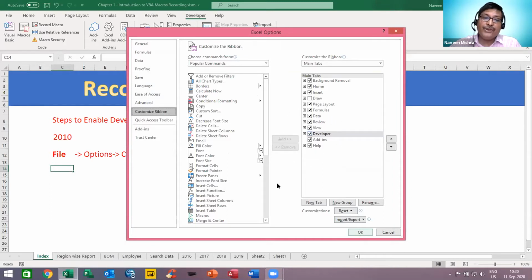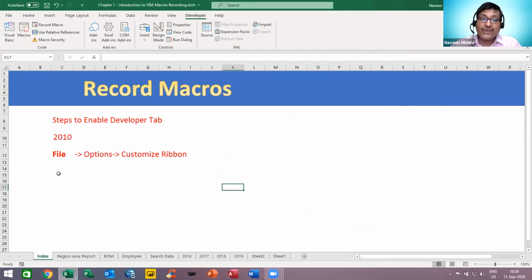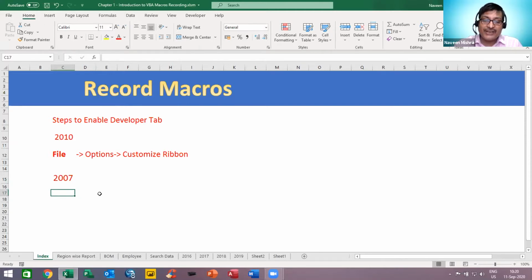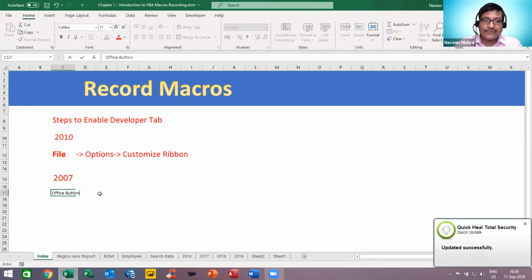Now next, if you are using 2007 version, so in 2007, how we can enable this developer tab? Now in 2007, here we have office button, right? Round side button. So we can click on the office button.